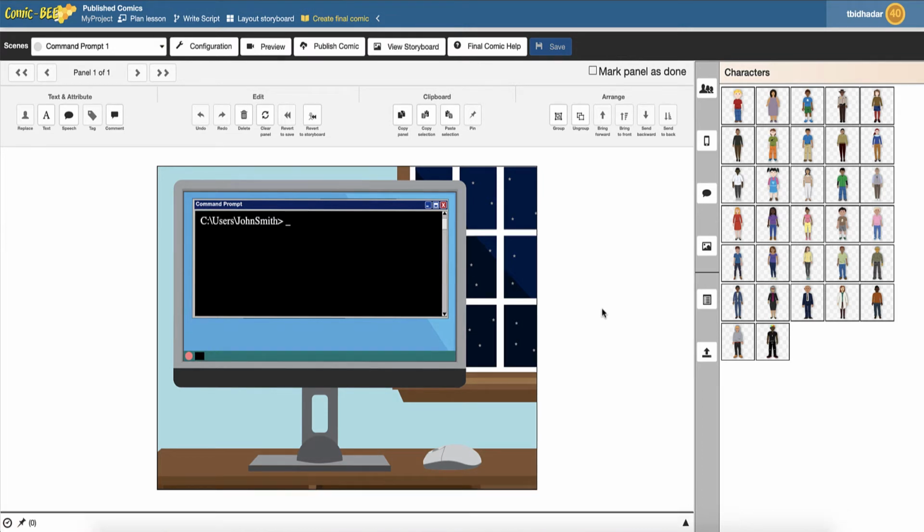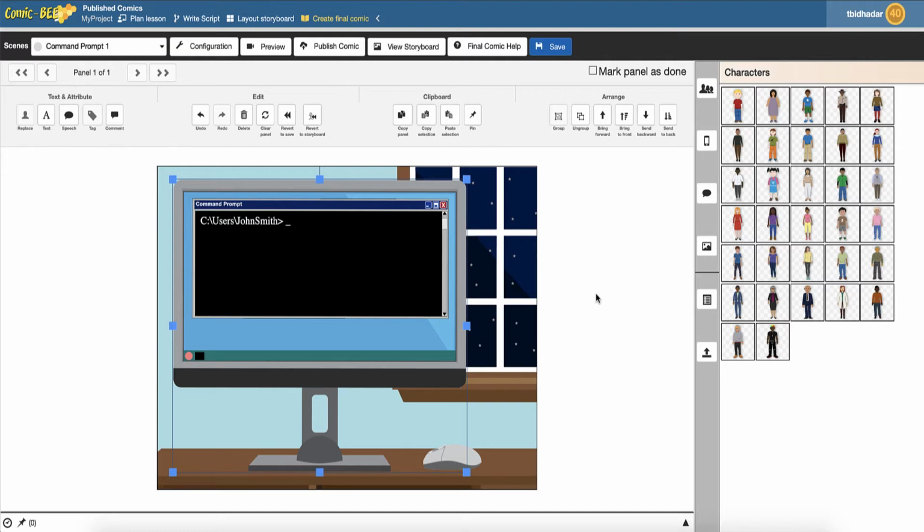Grouping allows you to combine multiple graphic assets so that they behave like one image. This is useful when you have multiple assets that you'd like to move and resize together, or copy and paste. Hold Shift on your keyboard as you click on the assets you want to group. Now click Group. When you group items, they will come to the foreground or to the top of the layer